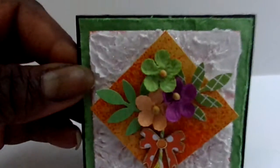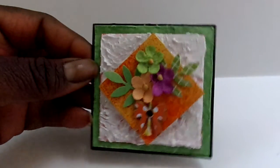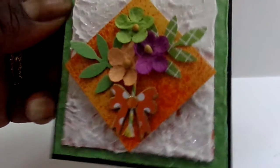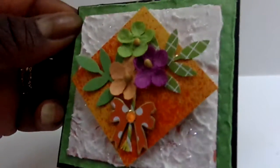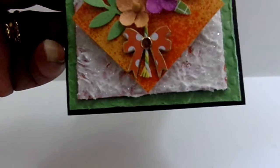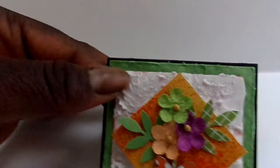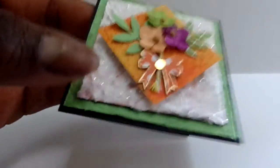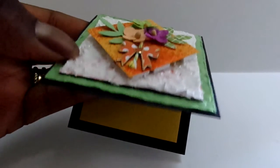I used 110-pound black cardstock from Michaels for the base. And then I have this green layer here, which is embossed with dots, as you can see a little bit there. And then I distress the edges very lightly because I'm not one that usually does distressing on the edges. So I did that. And then on top of it, there is a light chipboard piece, and it's black chipboard,